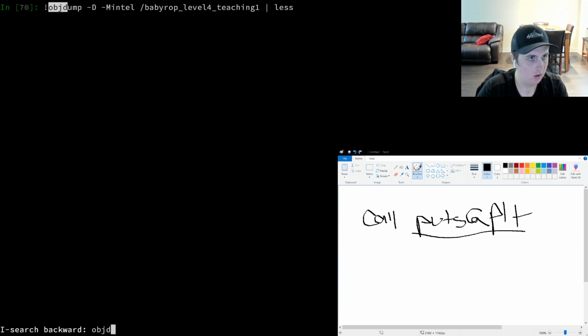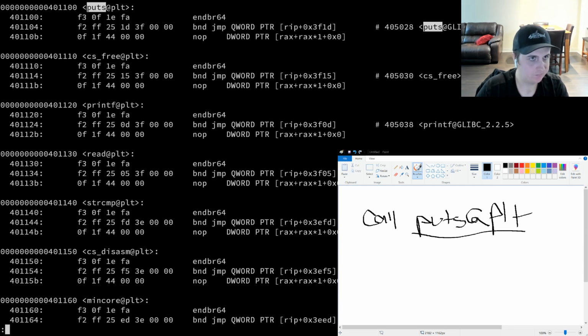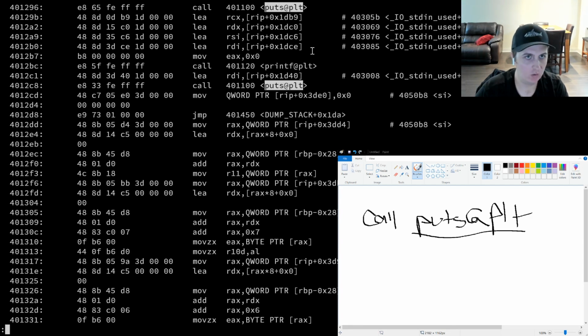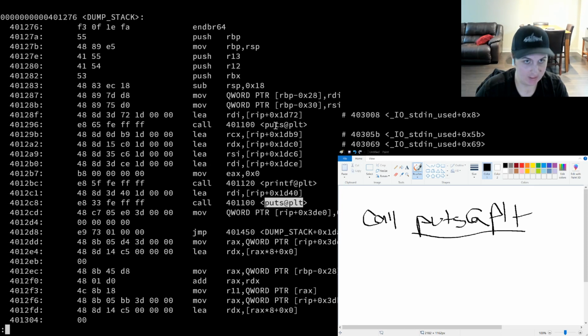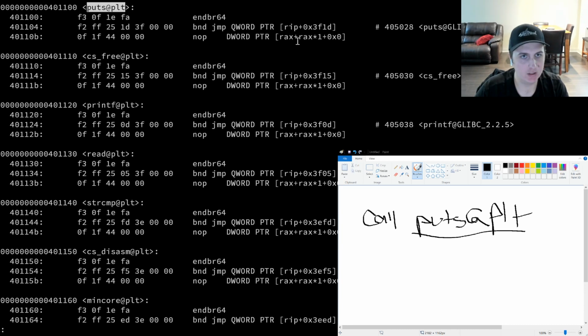objdump. So we can see that there's this puts at PLT, and you'll see that when your program's calling puts, what it's calling is puts at PLT. So puts at PLT is going to jump to this dereferenced address. It's going to take whatever is located here, dereference it, and jump to that. And what's here